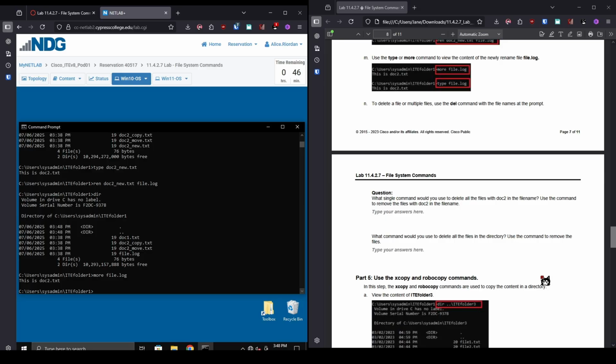Since we're nearing the end, we'll want to get rid of some of the files that we've created. To do that, we can just do del, which is, of course, short for delete. Now, as part of this walkthrough, I am going to give you the answer, so make sure you've put the answer that you think is correct in your document first, before I give you the answer. In order to delete any files with doc2 in the file name, we would simply do del doc2 asterisk,